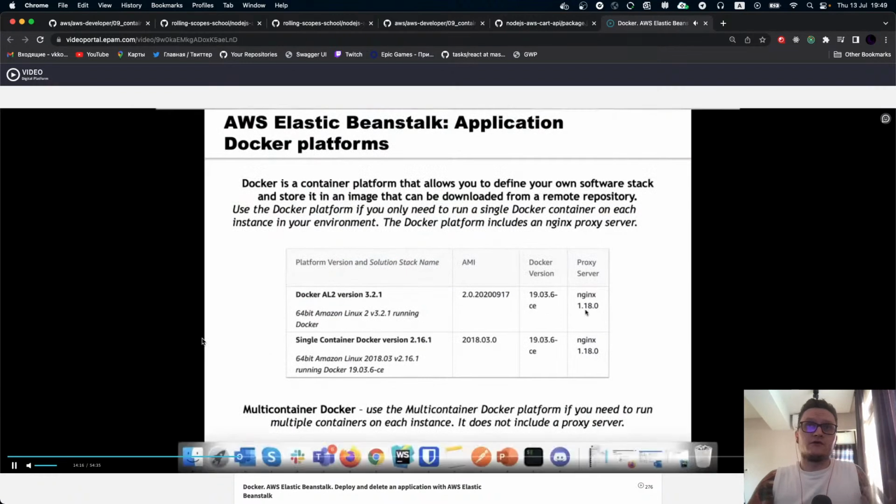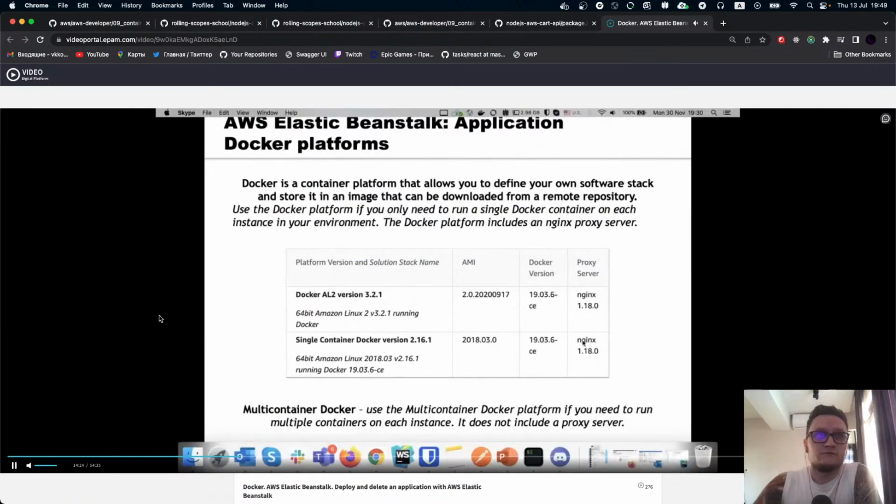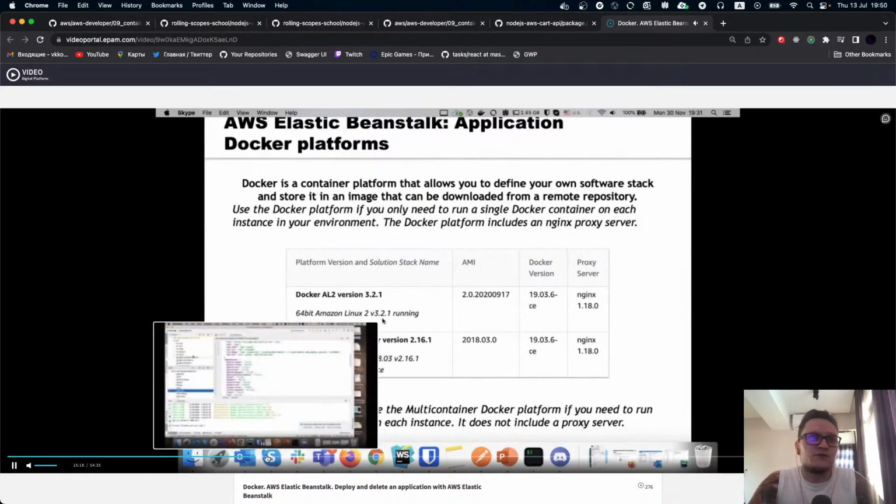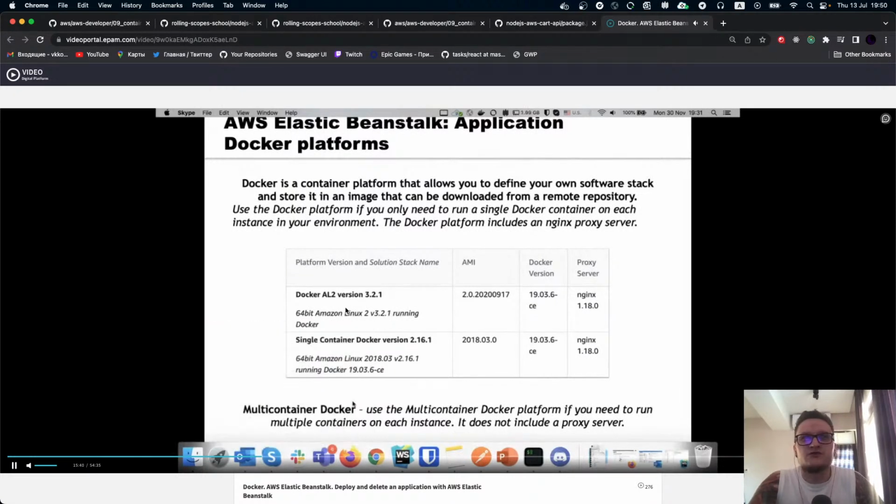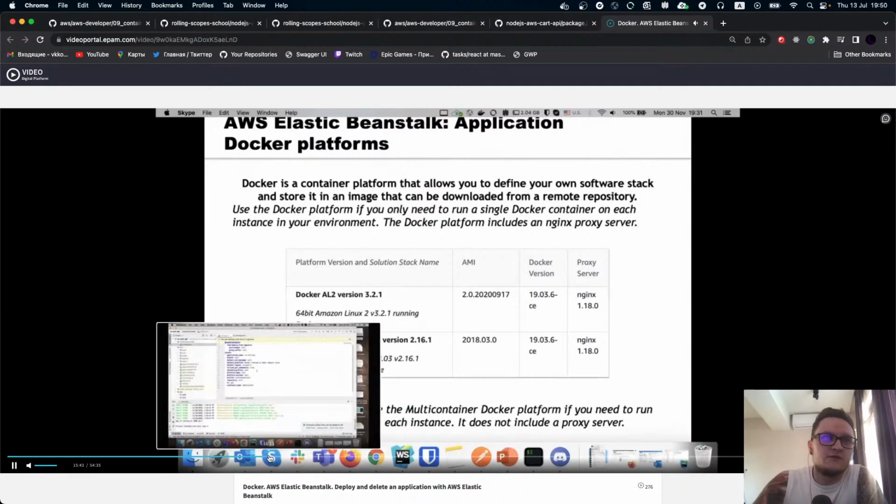we start to create our Elastic Beanstalk environment to set up this one. This data is a bit outdated. I think this video was recorded like 2 years ago, and as I told before, I didn't find some lectures to tell you how it works right now. But as you can see, for Docker stuff, we have 2 different versions. Maybe right now we have different versions. Check if you have 2.16, you can use this one. So try to use the latest and stable version of Docker inside your environment.